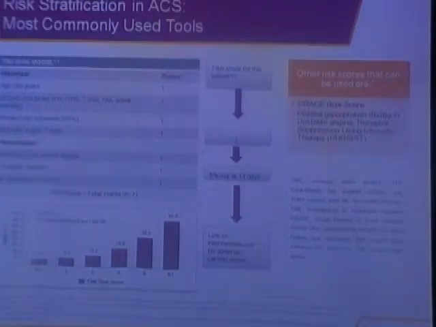There is also a GRACE score, but broadly we have to remember that the more severe and ongoing the chest pain, the more severe the ECG changes, the positivity of the markers, these are the main things on which we should depend. When we follow this general rule, we see that most of these risk scores are also looking at similar things. And of course, if somebody has already undergone an angioplasty in the past, or a bypass surgery in the past, and they come with chest pain and ECG changes, they automatically fall into a higher risk category, and they should be treated as high risk acute coronary syndromes.